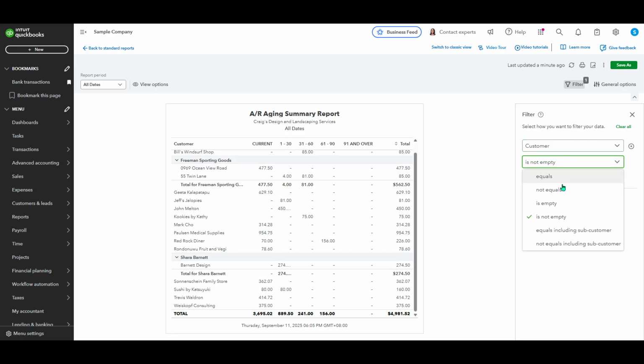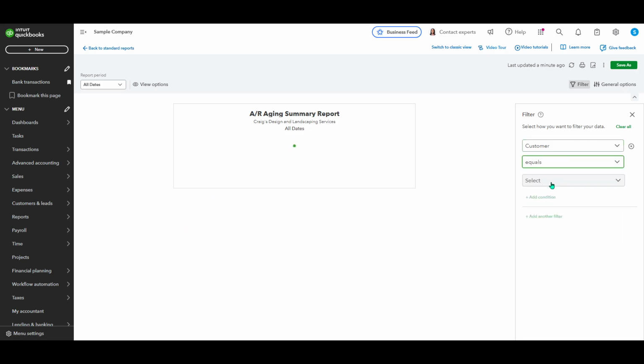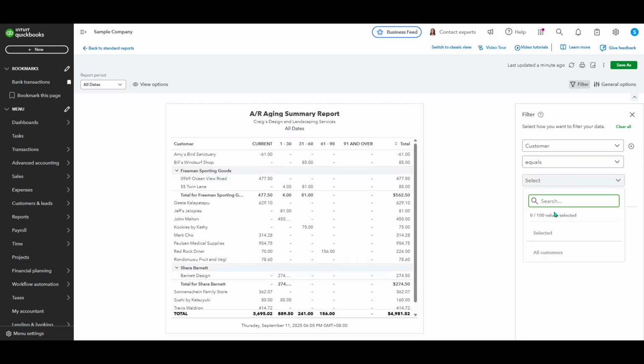You've successfully created an accounts receivable report in QuickBooks Online, which will now help you monitor outstanding payments and streamline